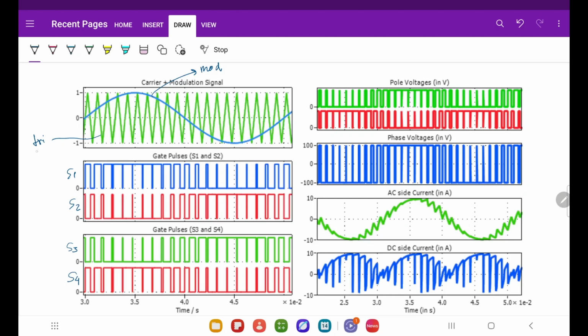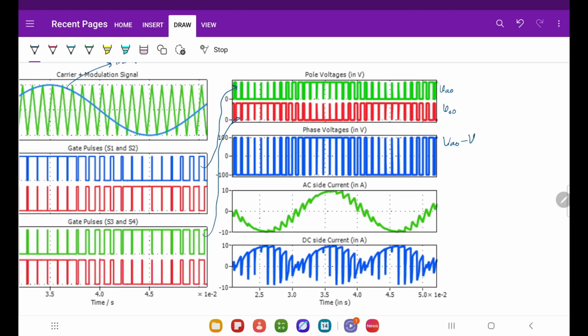Also the triangular signal is called the carrier signal, the triangular carrier. Now you know that gate pulses S1 and S2, when I have shown the output, VAO is identical to S1, and VBO is identical to S3. Now I subtract here